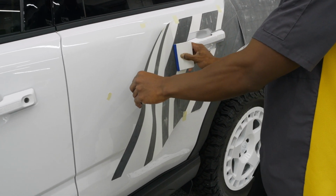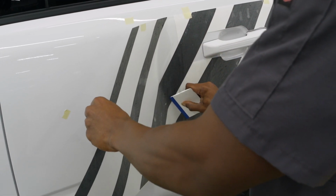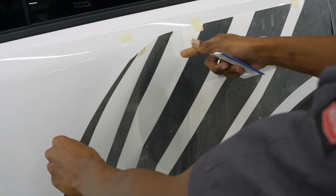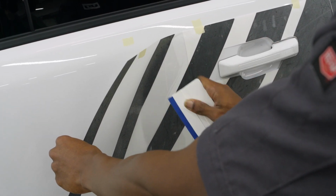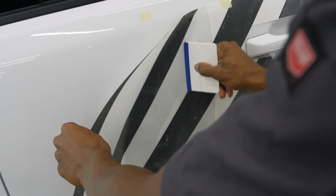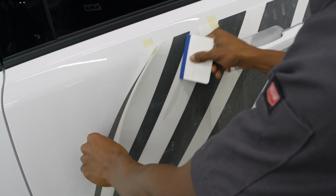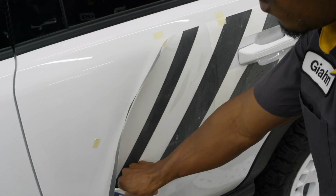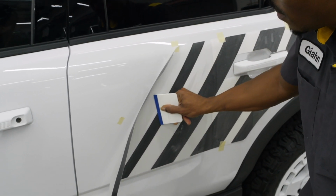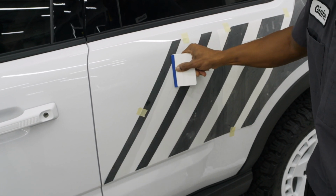And using our underground graphics squeegee, just gonna start working this down. And I did get a bit of a wrinkle here, but that is in the mask and it's between those stripes, so I don't have to worry about that being a problem. So if you guys have that same thing happen to you, do not sweat it. Now, if it is above or on the vinyl, that could cause a problem. But if you're in a controlled environment like we had mentioned, then you should be able to lift that back